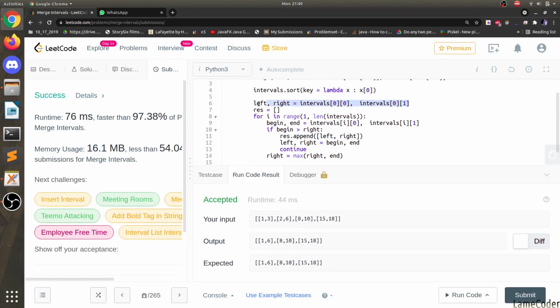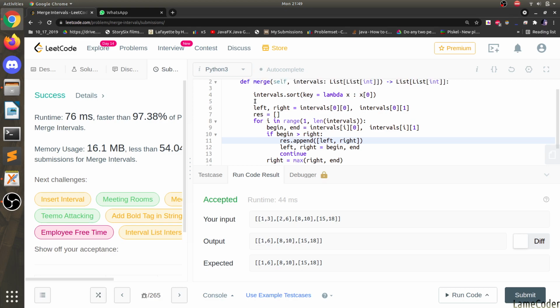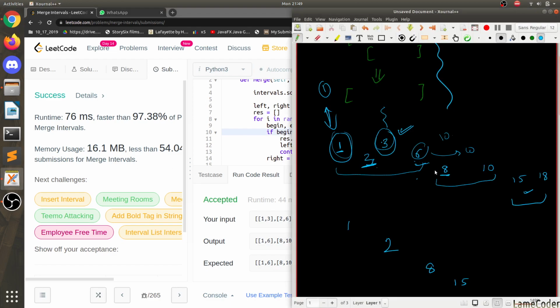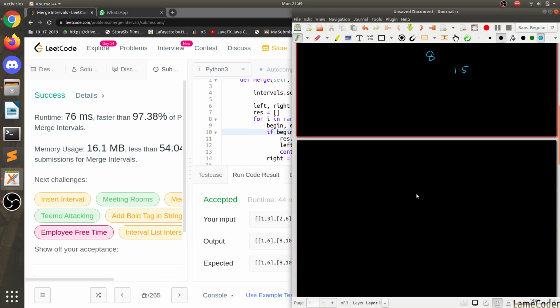We know that the first interval is left and right initially, and we have also sorted everything by start time. The next time we find any begin, let's see on the board, currently we have this as our left and this as our right.